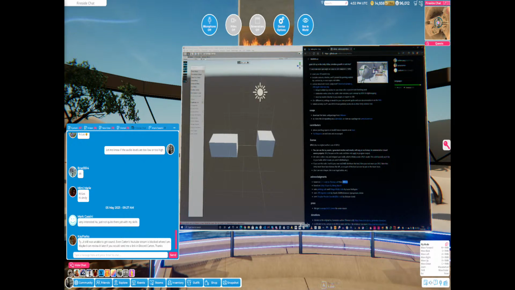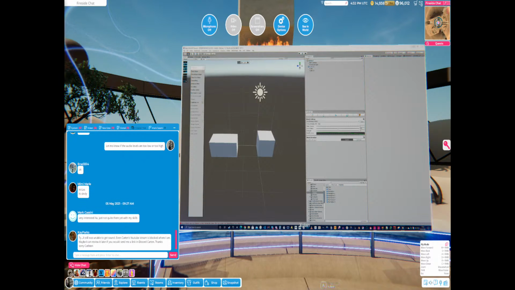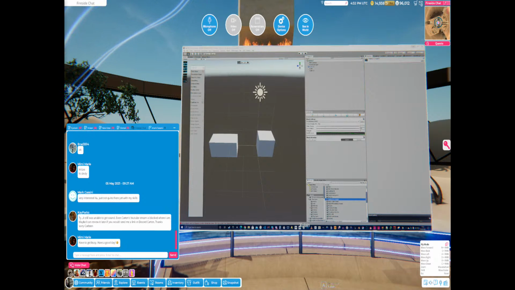But yeah, so you just download the whole thing, download a zip, and then when you've downloaded it, you just drop it into your project. You don't have to import it in the way. You just unpack that folder to your desktop, and then drop it in here. As you can see, I've dropped it in my project there. And as soon as you've dropped that folder into your project,